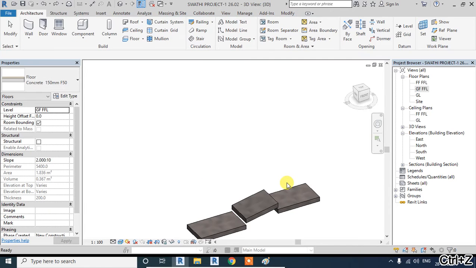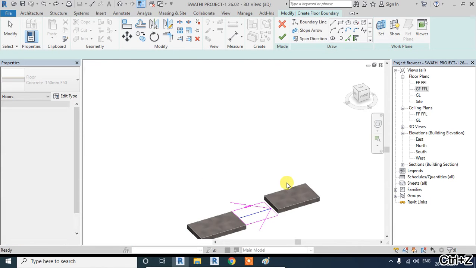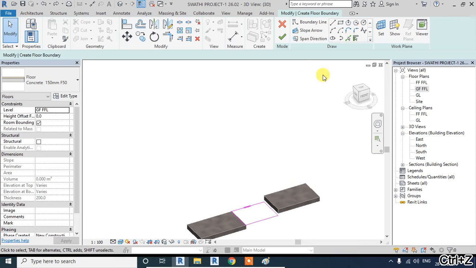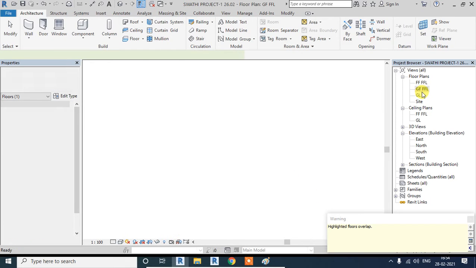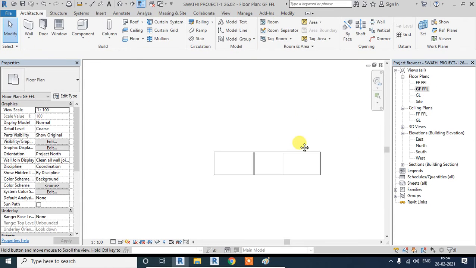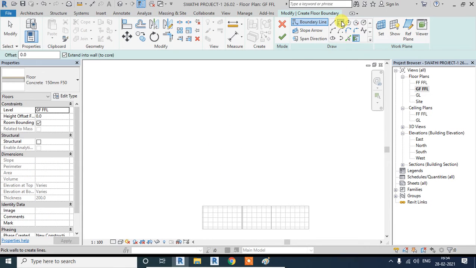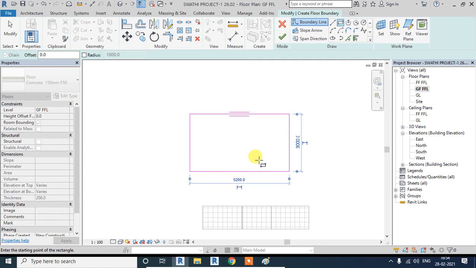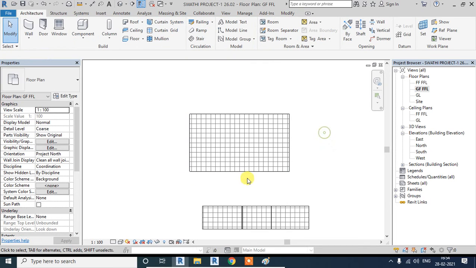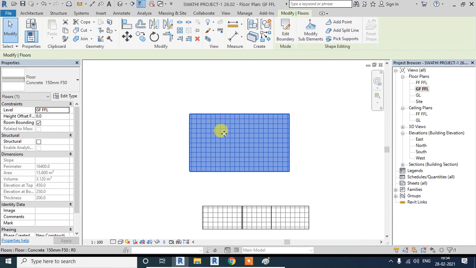Not only this, you can even go and create your own sub element. Sorry, I better draw another bigger one. See, I have a floor like this. Now, as you said, you want to divide it. So I can divide this one virtually.